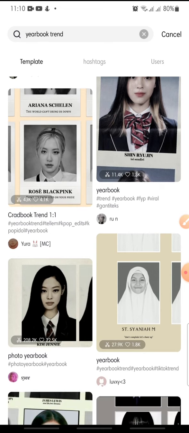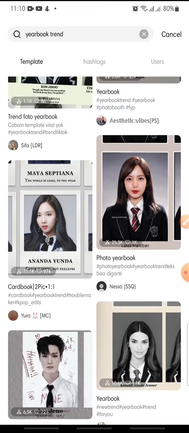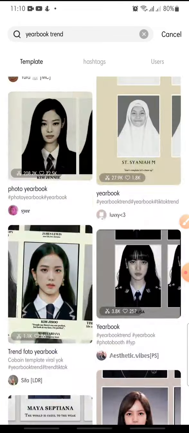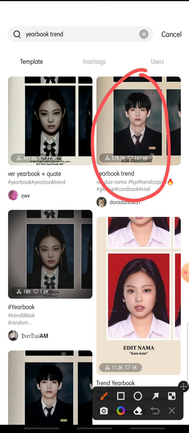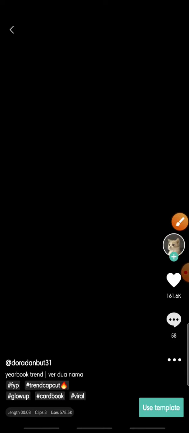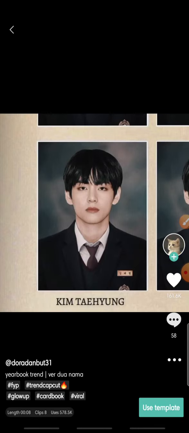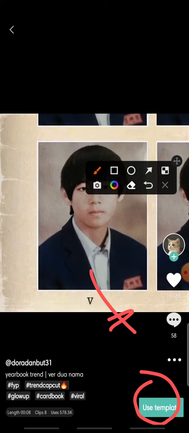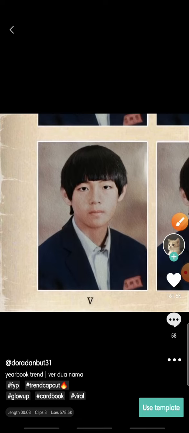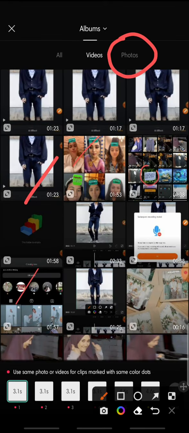You can choose the yearbook template that you want, but in here I have this one, so you just click on it. And now in here you can click on the use template at the bottom. Click on it, and in here you can click on the photo,